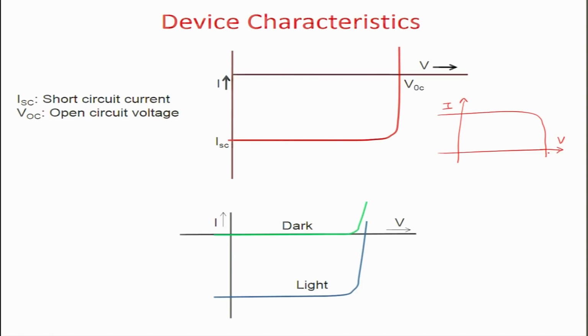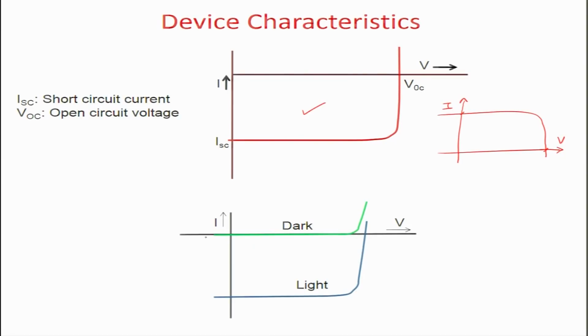Technically speaking, this is not correct, but it is plotted for the sake of convenience, just to show how much current you get from the solar cell, and this is the open circuit voltage. Technically speaking, this is the correct plot, this is not, from the sign perspective. So, in the dark, a solar cell is going to behave in this fashion. You will have 0 dark current, and then an increase in the current at higher biases, and this curve shifts to the 4th quadrant as you put it in light.